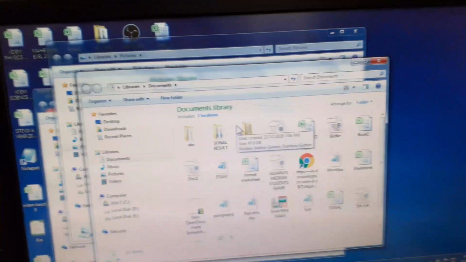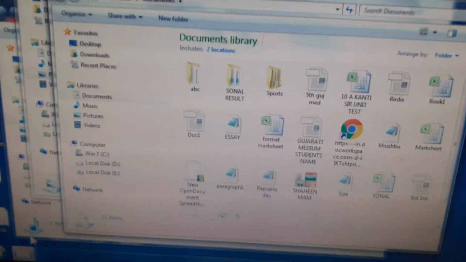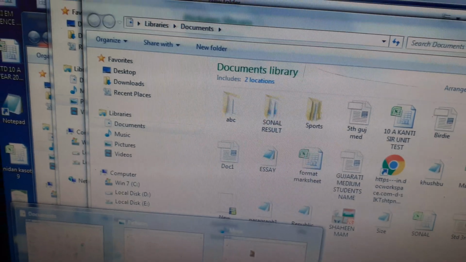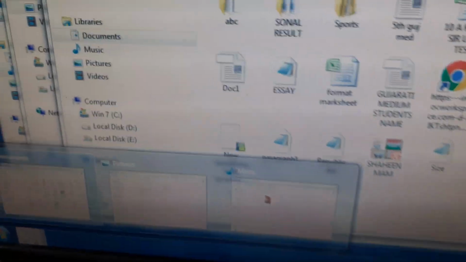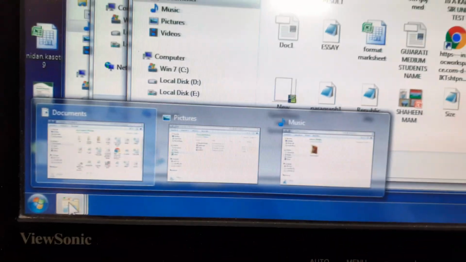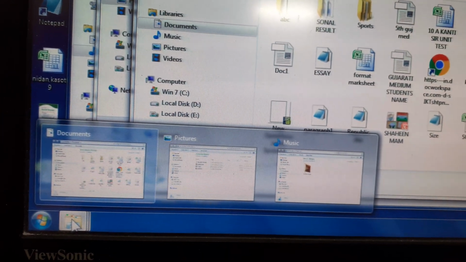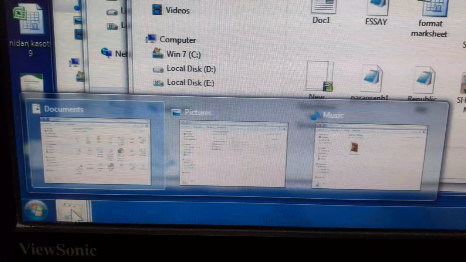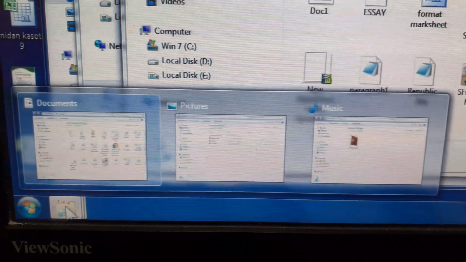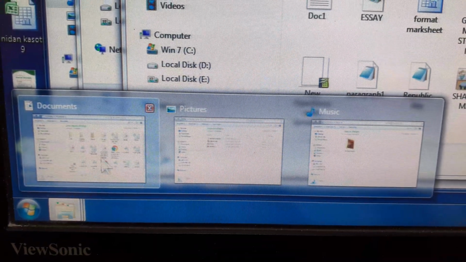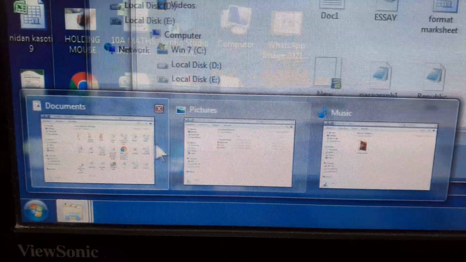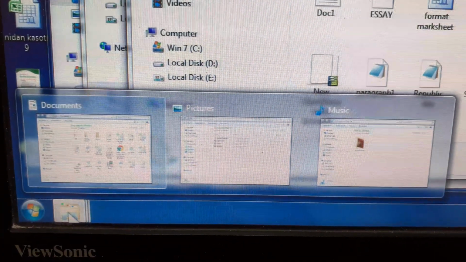Now when you place the mouse pointer over the Windows Explorer button here, you can see the 3 windows open, right?